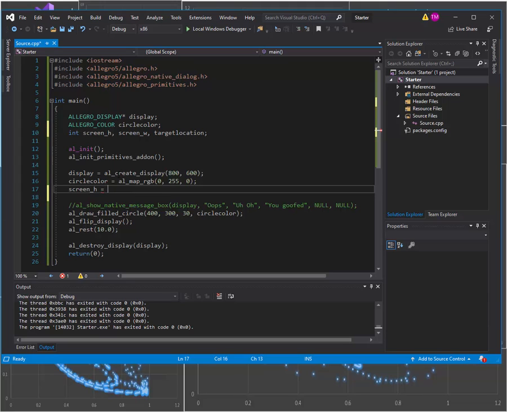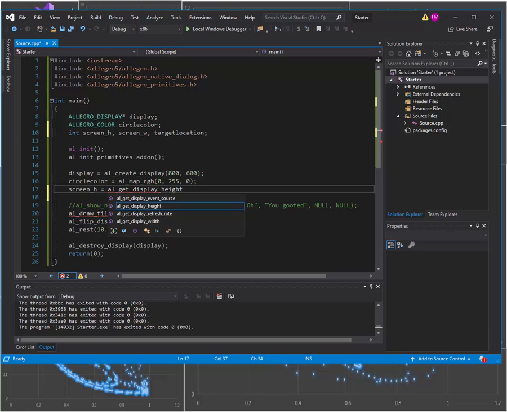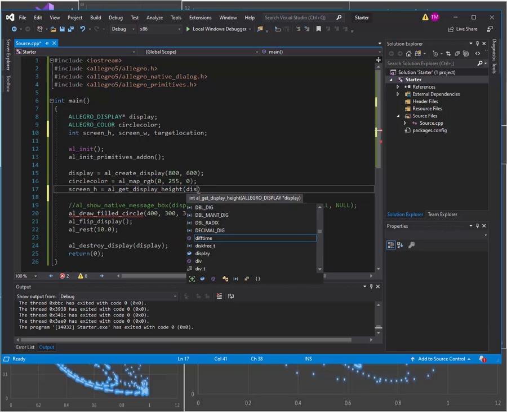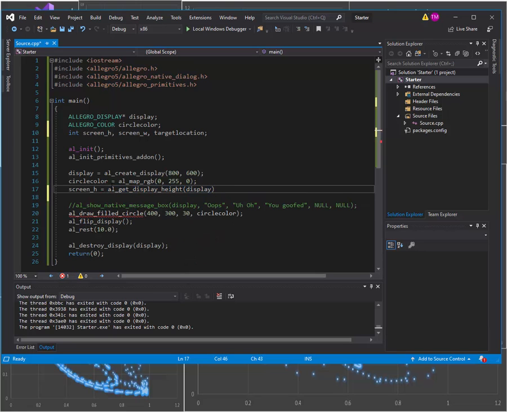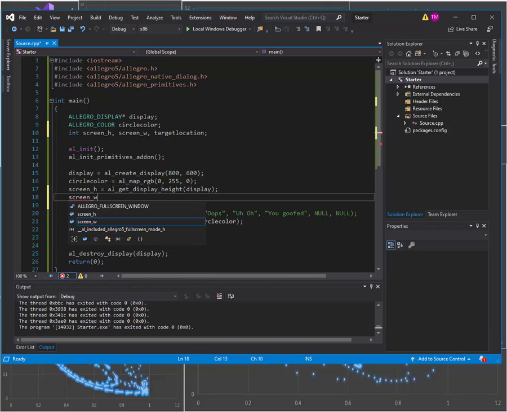There it is. al_get_display_height. And then what do we want to get the height of? We want to get the height of the display. Okay. And then similarly for screen width,